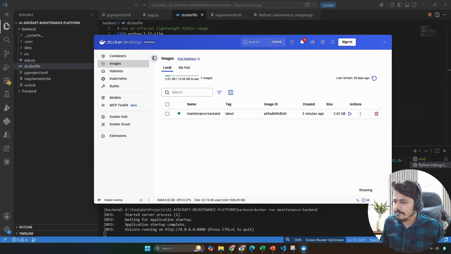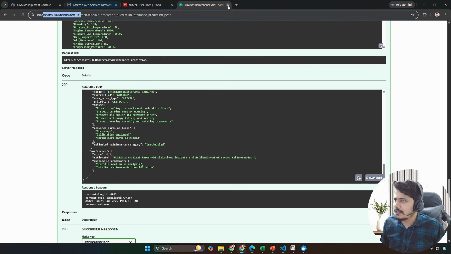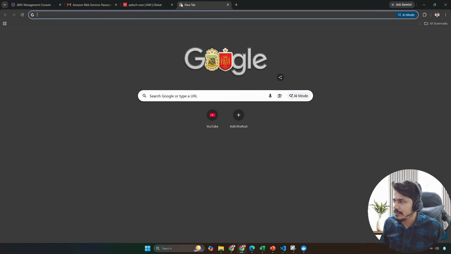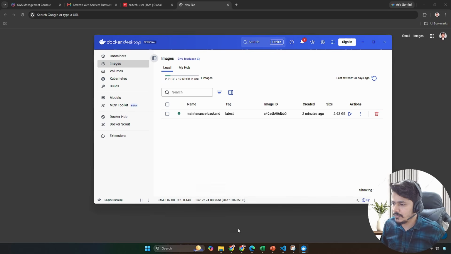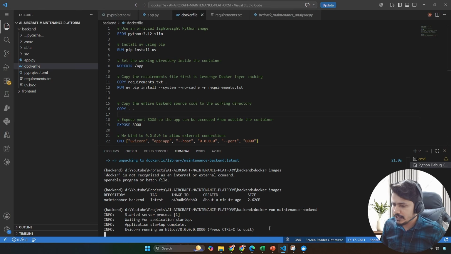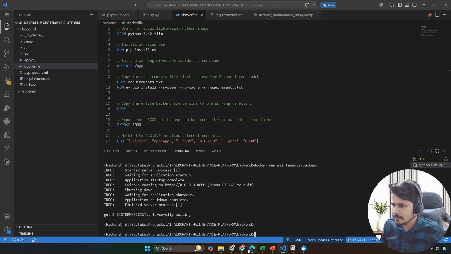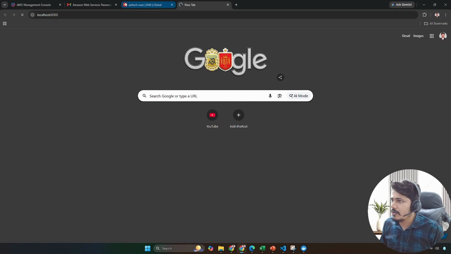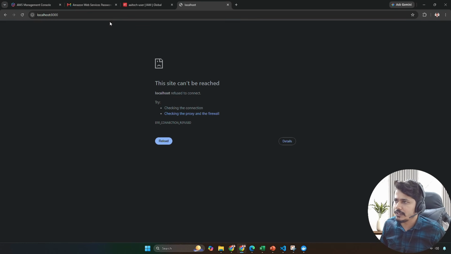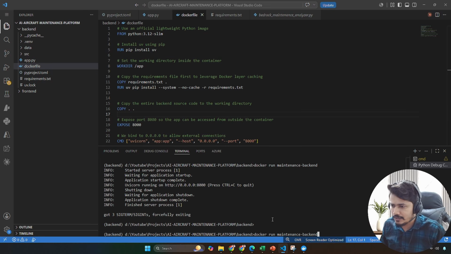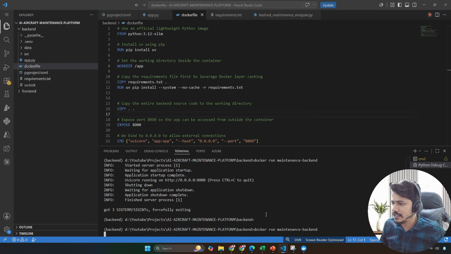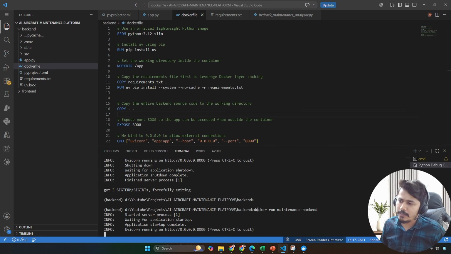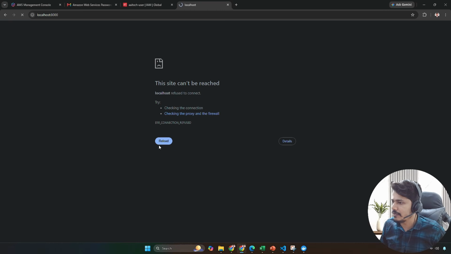Now again, let's go to this particular link. Let me close this first. Let me go ahead and take you to the localhost first. And on localhost, if you see, now the application is down, it's not working because I have terminated the code. And now let's go ahead and run docker run maintenance backend. Now it should run the application using Docker. So if I go ahead and reload it,